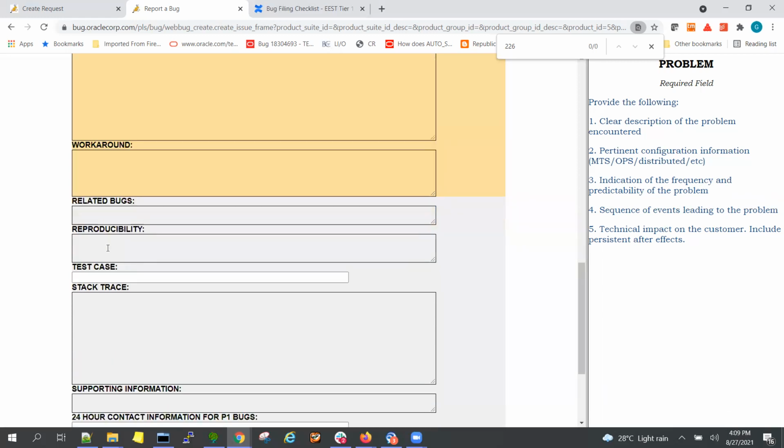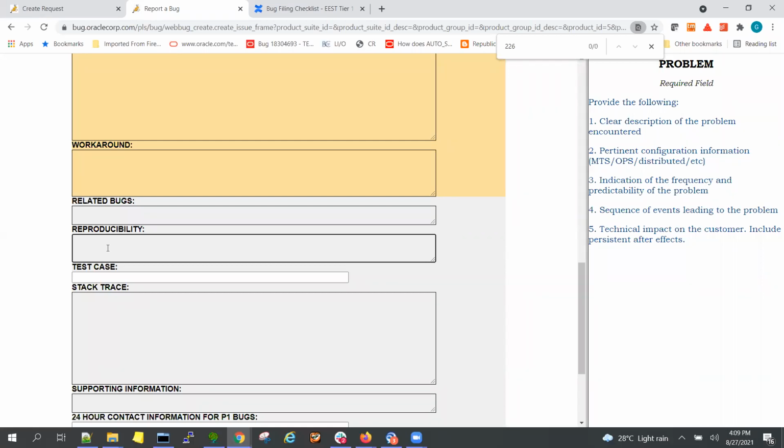Now reproducibility. Reproducibility is, first, whether the customer can reproduce it consistently, and then whether you can reproduce it in your cell missions, test case missions. Mostly for all the query optimizer issues, like query performance issues, development will be looking for a reproducible test case for a performance issue. At times we may not be able to, but their expectation is to have a reproducible case for query performance issues.